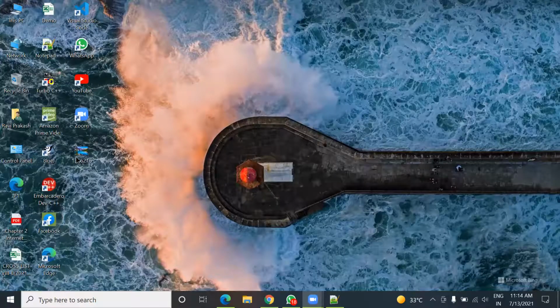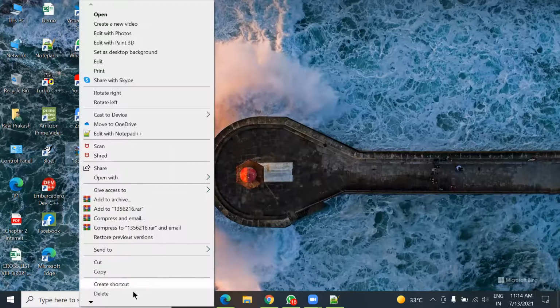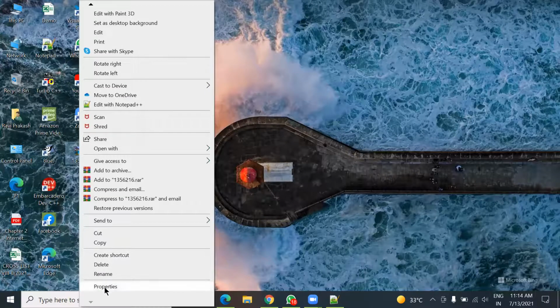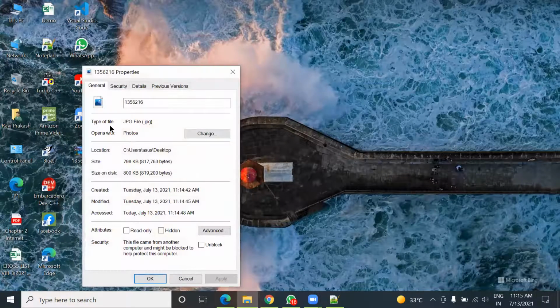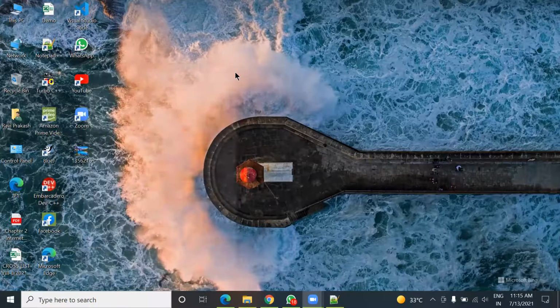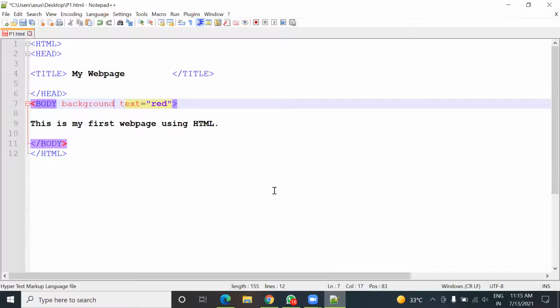So first of all, in the properties, check the extension of this picture. So in the properties, you can see type of file. So you just see the JPG, means .jpg extension it has. Okay, because this extension is needed there in the document, we have to put it there.